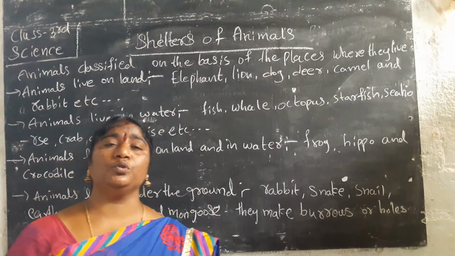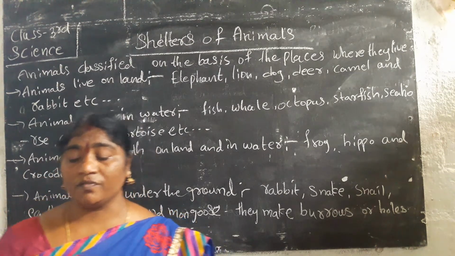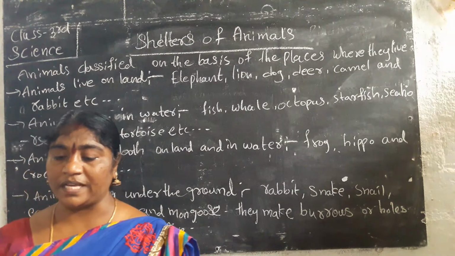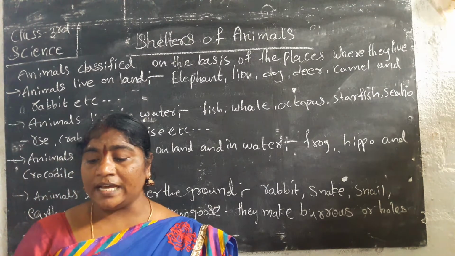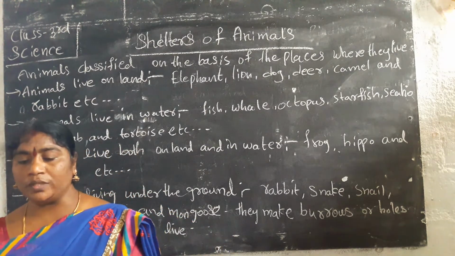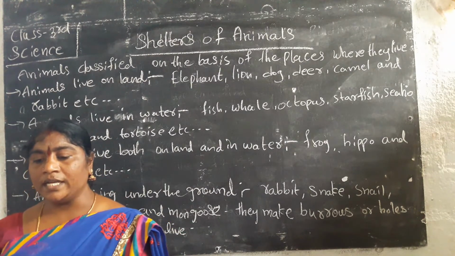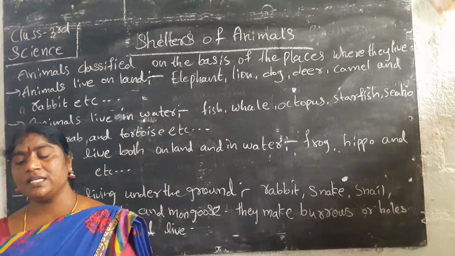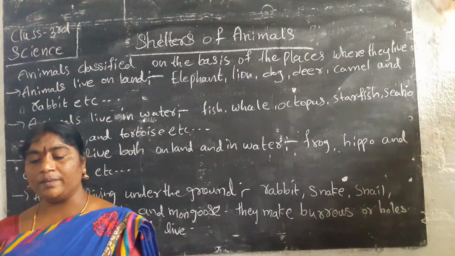Now we have to move to another lesson, that is the shelter of animals. What are the shelters of animals? What is the meaning of shelter? The place where we live is called a shelter. In this lesson, you will be able to classify animals into different groups and explain the different types of shelters of animals and birds. And in this lesson we have to learn about